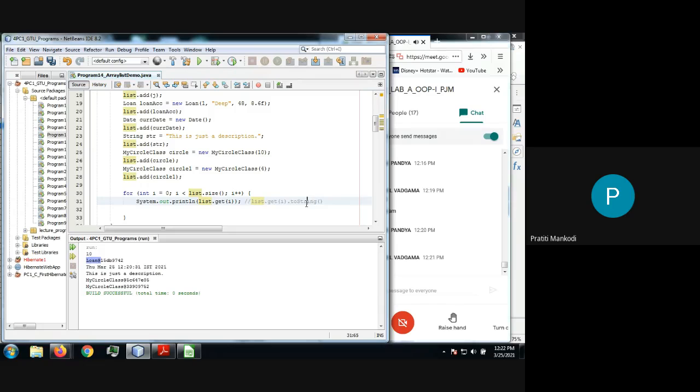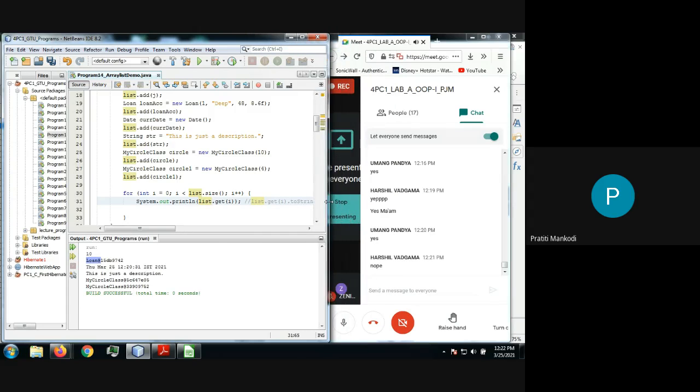It is a method of the Object class, which is the class available with Java, and it is known as the Cosmic Superclass. We have discussed this, if you remember. I do remember that in your class I discussed this Cosmic Superclass, that is the Object class, which is the parent class of all the classes in Java.